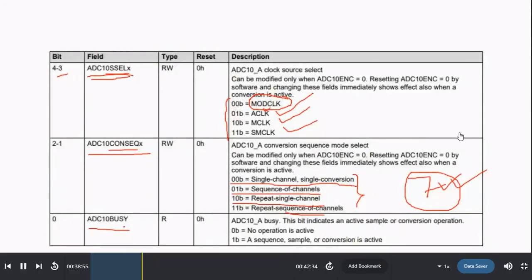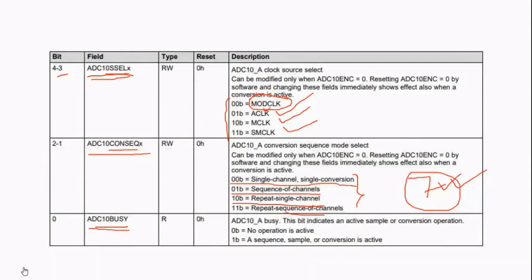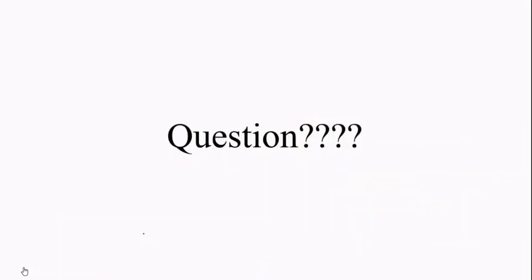Next is the ADC 10 busy bit. ADC 10 busy indicates whether the conversion is happening or not. If it is 0, it means that no operation is active. When it is set to 1, it means conversion is active, conversion is going on. So in this way you configure the ADC 10 bits according to your requirement. So this is all about